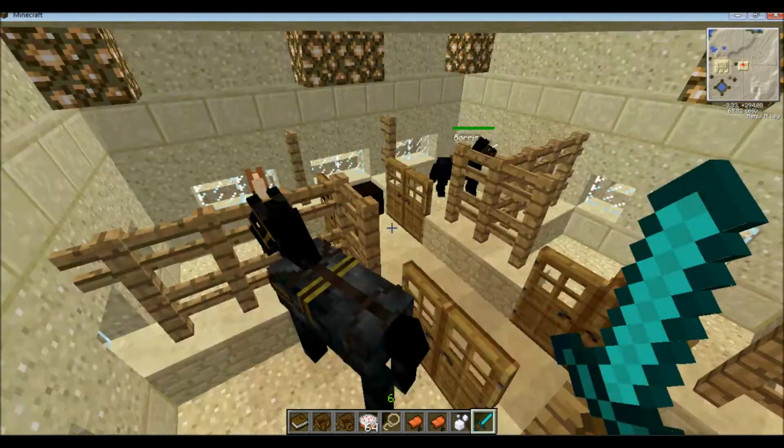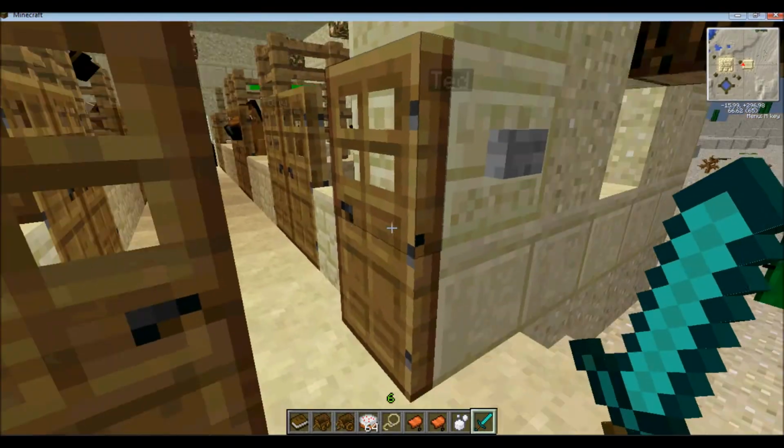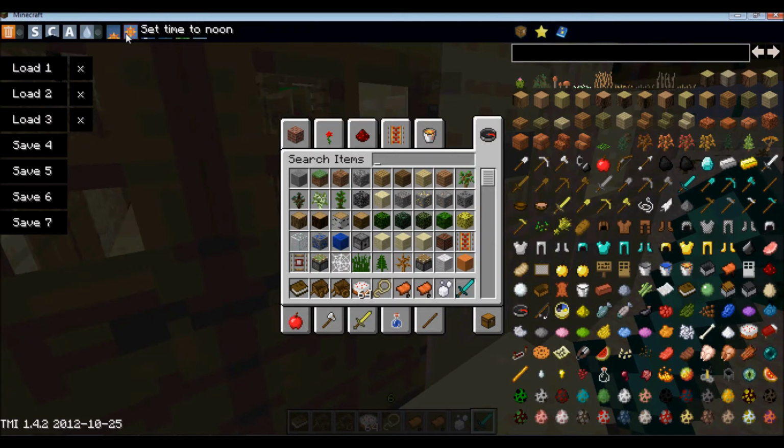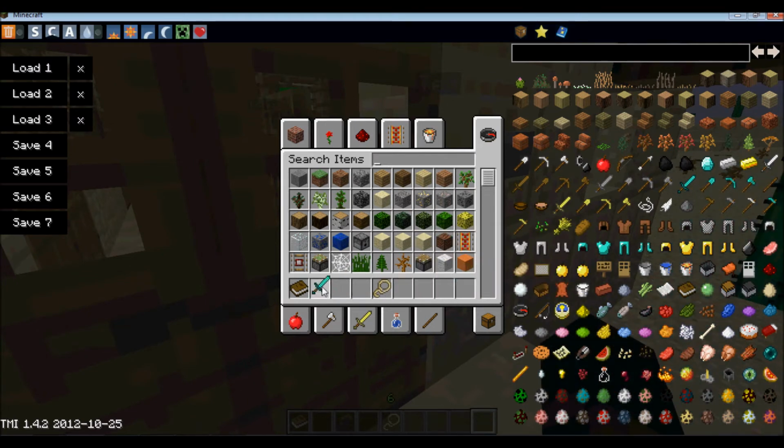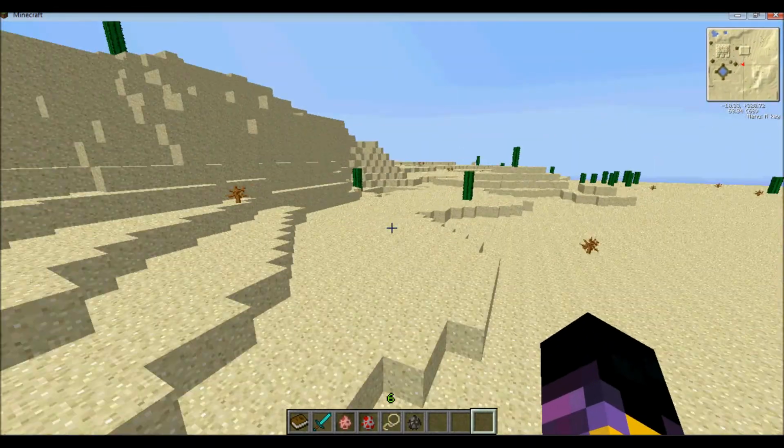And that's pretty much all there is to the Simply Horses update. Oh, I'm forgetting one thing. Well, let's get rid of all this, but keep your lasso. And going to spawn some vanilla mobs here. Where's my cow? There we go. So, if I go over here and spawn some vanilla mobs,